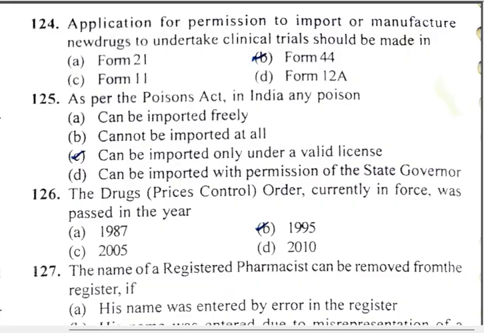Application for permission to import or manufacture new drug and to undertake clinical trial should be made in Form 44. As per the Poisons Act, in India, any poison can be imported only under a valid license. The drugs order currently in force was passed in the year 1995. The name of a registered pharmacist can be removed from the register